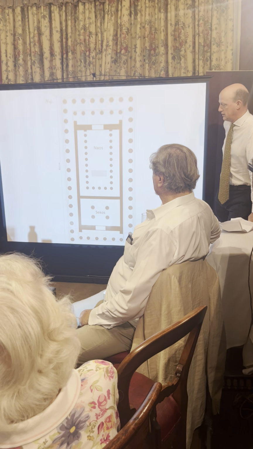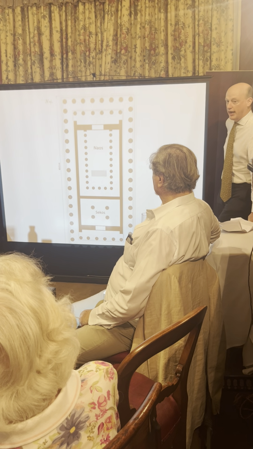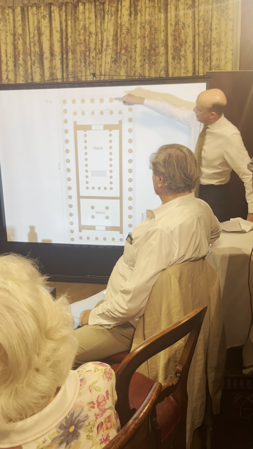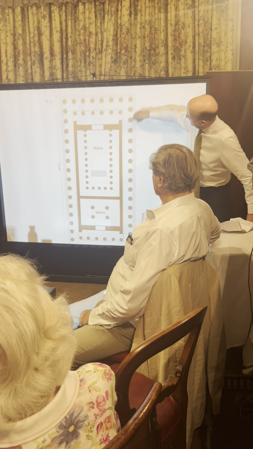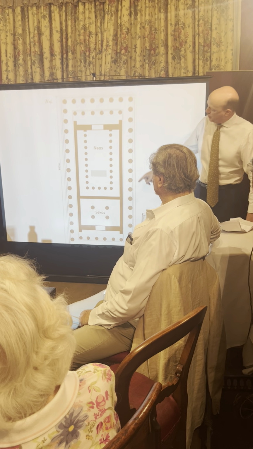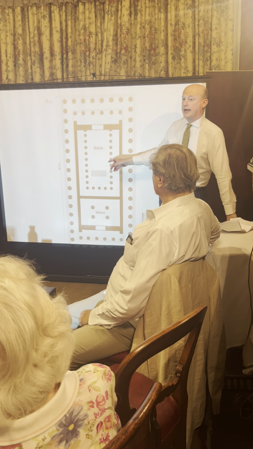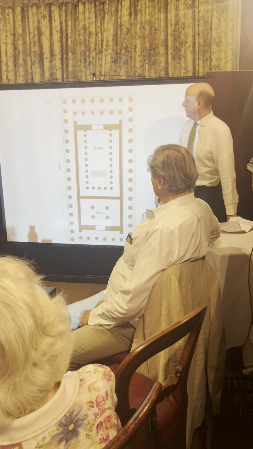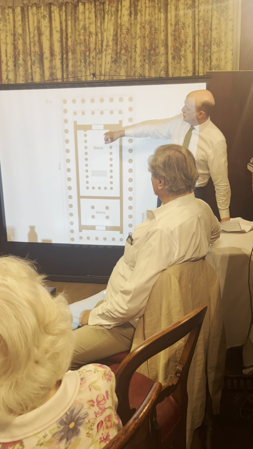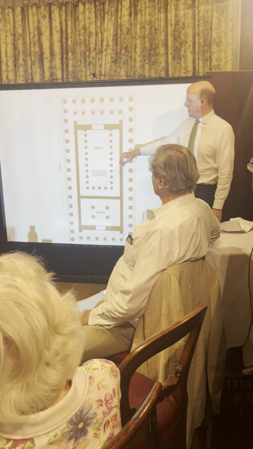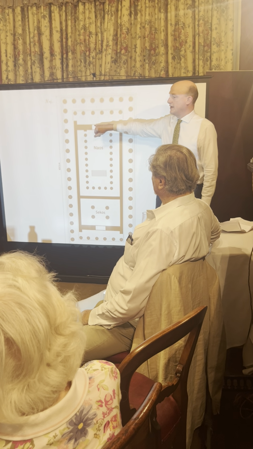Next slide, please. And this is a plan of the classic temple. So you have the outside of the temple here, going around here, and then inside you have a so-called cella, C-E-L-L-A, which basically just means a covered room. And then, just like in the Christian churches, which would imitate classical temples, at one end you have the holy